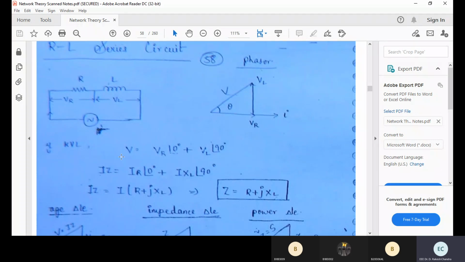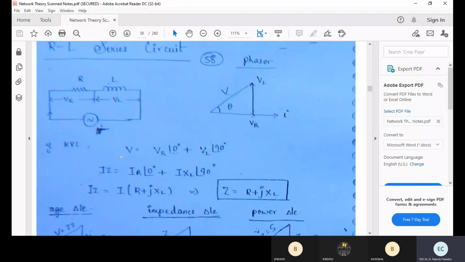So the angle between these two may be 90 degrees, X and Y. So root of 30 square plus 40 square plus 2 into 30 into 40 into cos of the angle between them, cos 90. Unfortunately, that component is 0, only left with 30 square plus 40 square. Similarly, if the voltage across a pure resistor is 3 volts and the voltage across a pure inductor is 4 volts, the resultant voltage is root of 3 square plus 4 square. Why? Because your pure inductor voltage is exactly 90 degrees leading your resistor voltage.